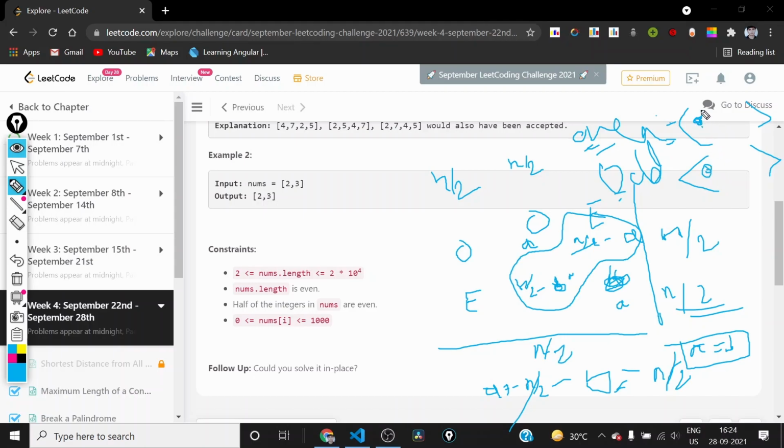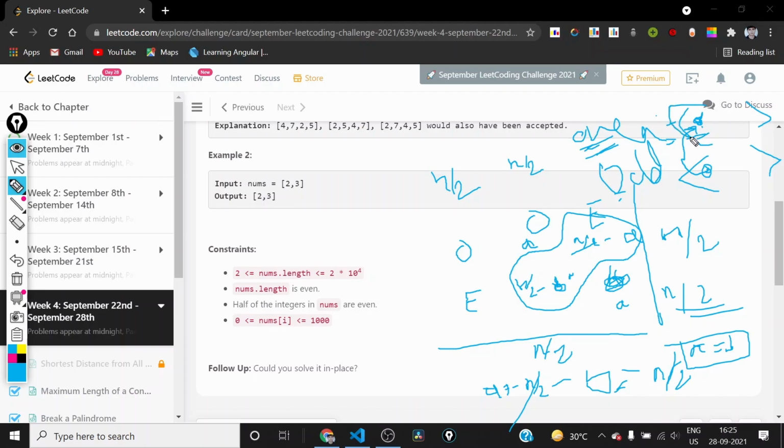So after swapping, what will happen? This element contained the index of a number that was placed at an odd index but was even. But after swapping, this element has gone to the place of an even index, and this odd number has gone to the odd index.